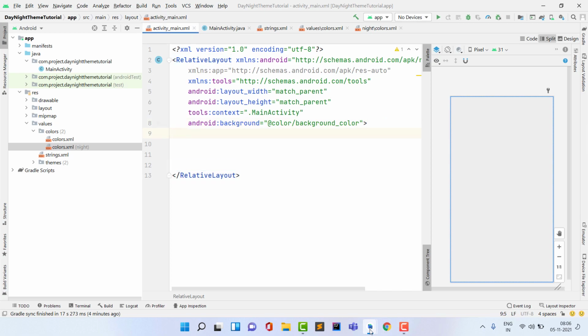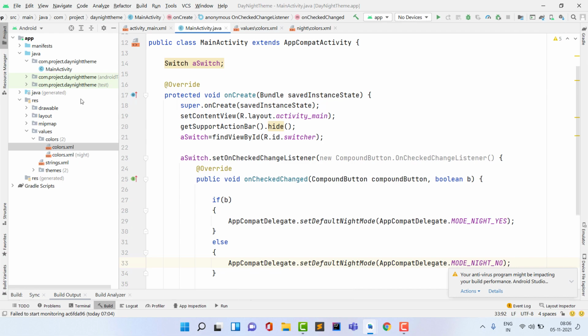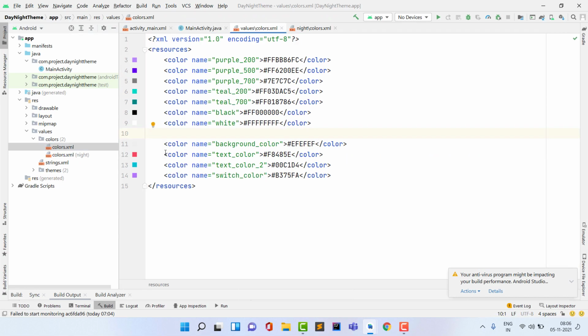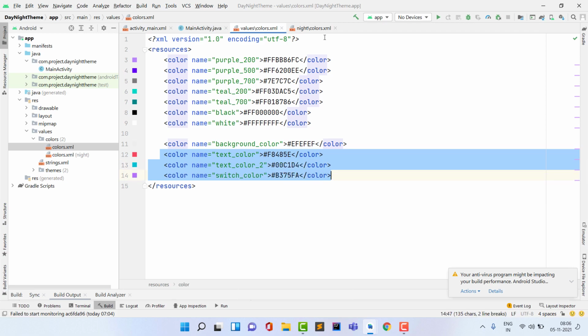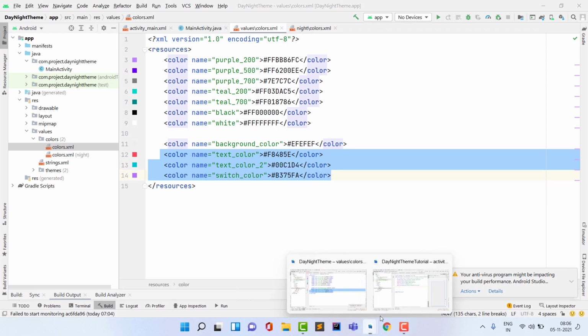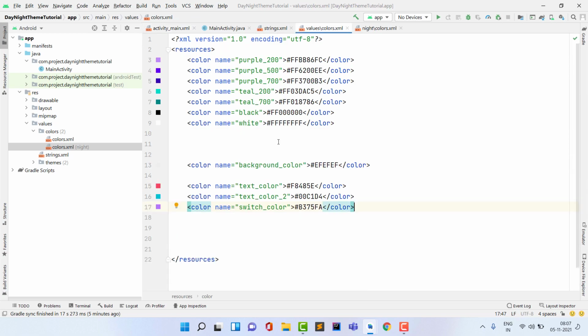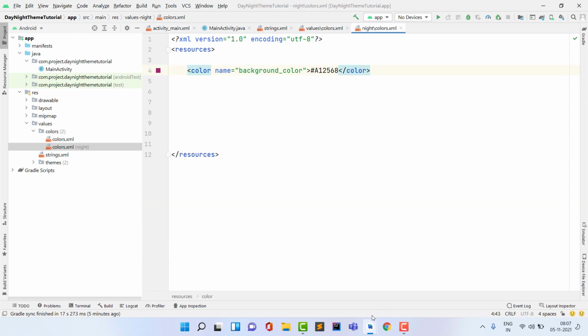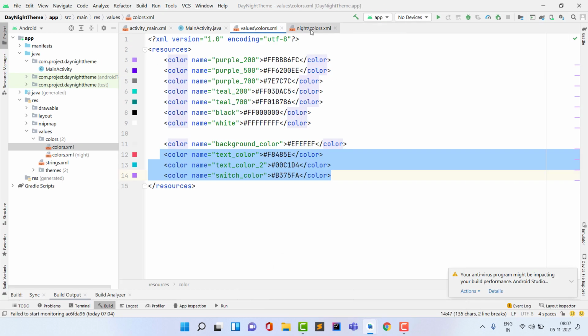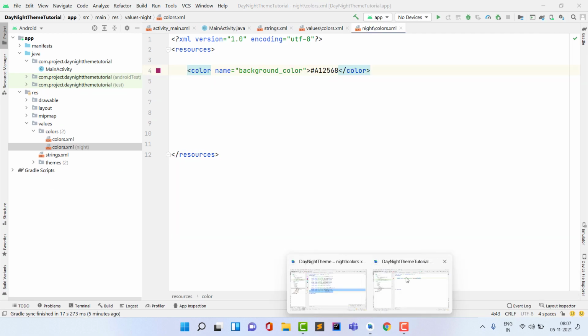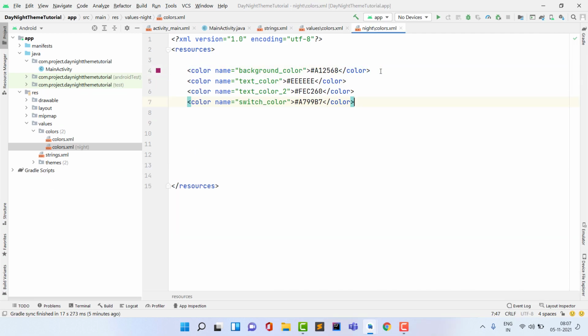For this I open my previous application, and to copy the color codes, because I didn't remember the color codes, I open this, and it contains these colors. I copy this, Control C, and open this and paste these colors here. This is the colors day. Now in night I also have to paste this, so I copy this and I paste these colors here. So you can see it is fine.